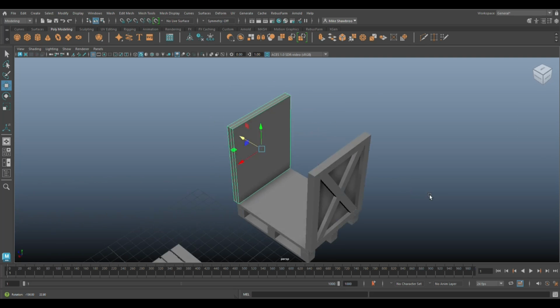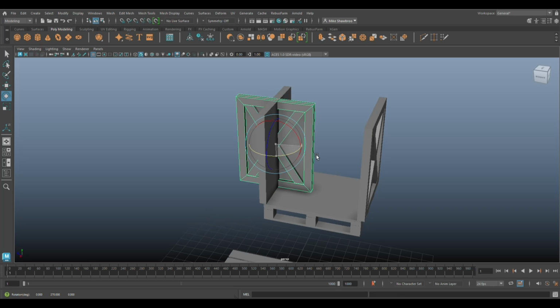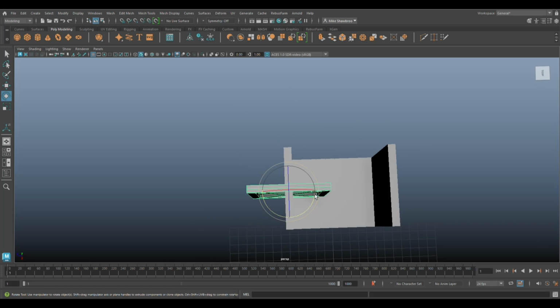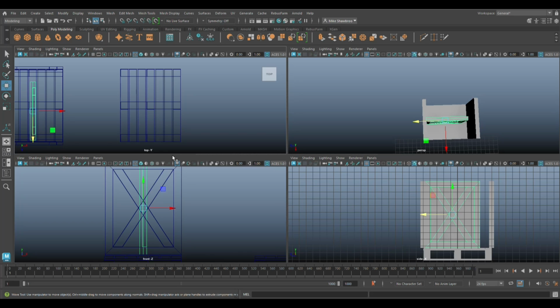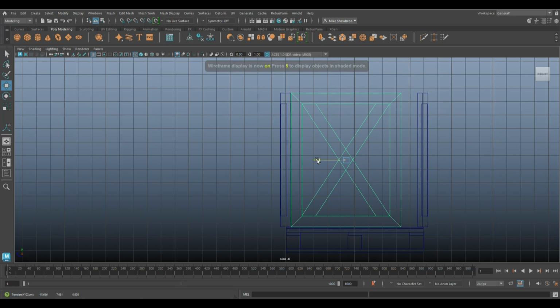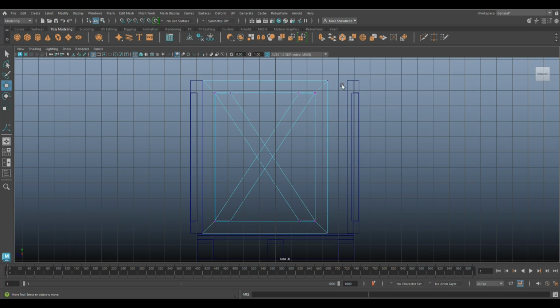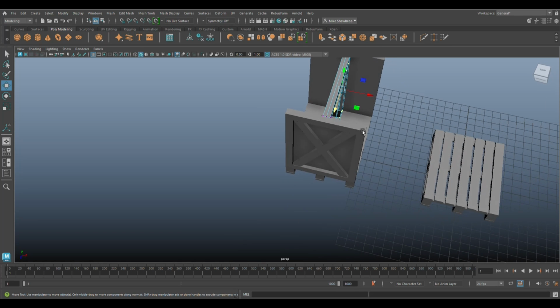Okay, now we need to make the sides fit. So again, Control D, E to rotate, hold down J. And there, we're gonna bring it in. Let's have a look right here. Bring it in like this. What we're gonna do here is go into vertex mode. We're gonna drag select, until we're right there. Go to object mode, drag it out,